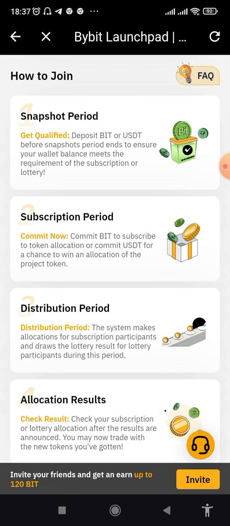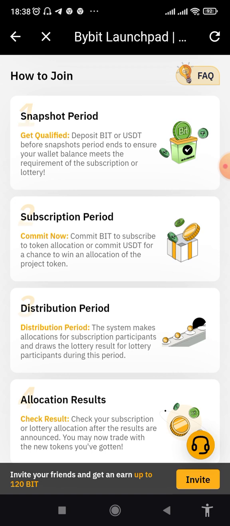It's the period where the system goes into your account to check if your minimum balance meets the minimum requirement. That is, you have 50 BIT token in your spot wallet. Okay, so it counts the amount of coins you have in a spot wallet, that is in form of BIT or USDT, because the only coins that you're gonna use here are BIT and USDT. Okay, under subscription period, it's where you commit any amount of BIT you have,